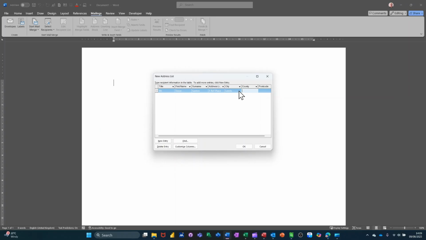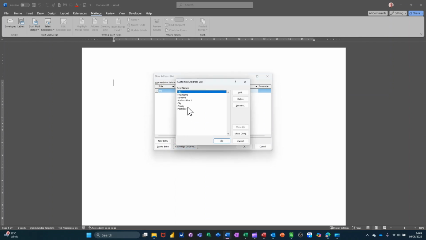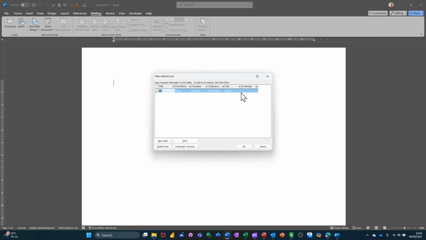I've got the county there. I don't want that, so go in there again, get rid of the county. Don't really need counties nowadays, everybody knows where things are. So I've got rid of that. So city, Leeds, and then postcode LS1 1WE. Press tab, come down for the second record, go Miss